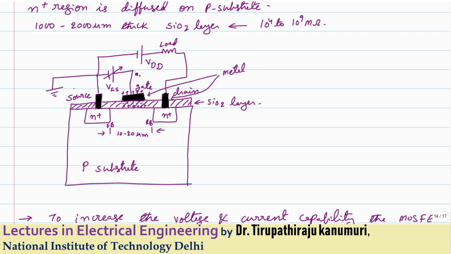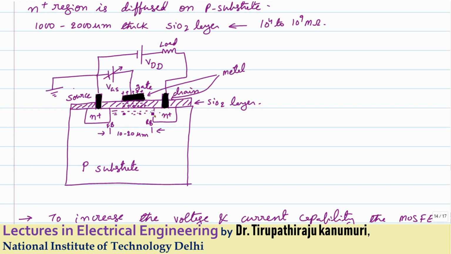Whenever you give positive voltage to the gate, automatically the negative charge will be induced on this side. Because of this negative charge, the channel is now closed between the drain and the source. Because the electrons are induced here, and these also have majority electrons only, an electron channel is formed. Now the current can pass through this channel. The current will pass from drain to source, or otherwise, since the majority carriers are electrons, the electrons will pass from source to the drain. Through that the conduction happens.